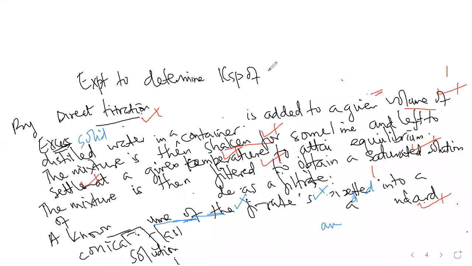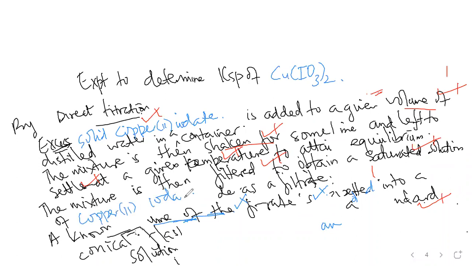So the procedure is the same. We want now copper 2 iodate. The procedure is the same. Copper 2 iodate is pipetted and titrated with, this is where things begin to change, a standard solution. The previous experiment didn't require us to use an indicator because potassium permanganate acts as its own indicator. So here we're going to titrate the saturated solution of copper 2 iodate with